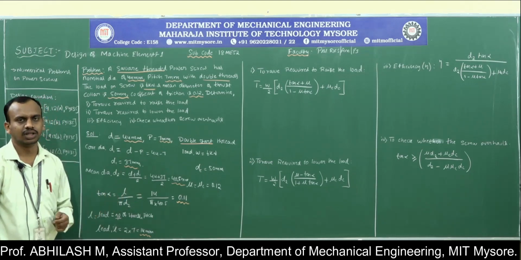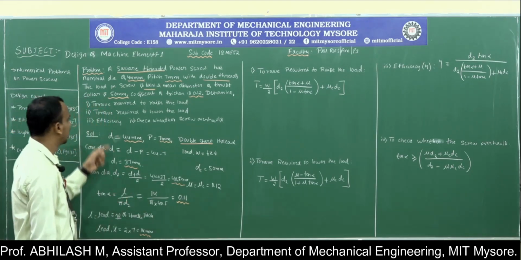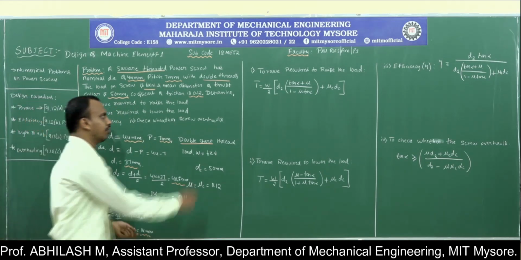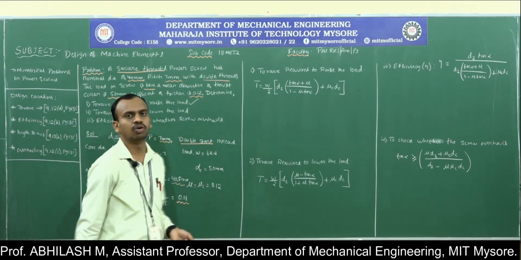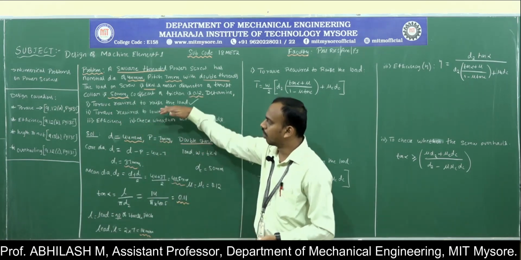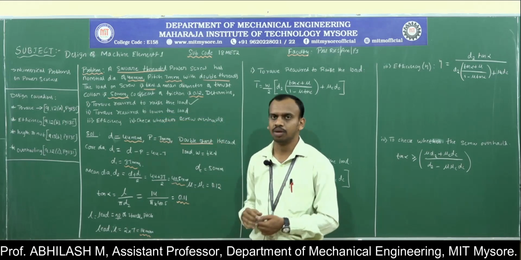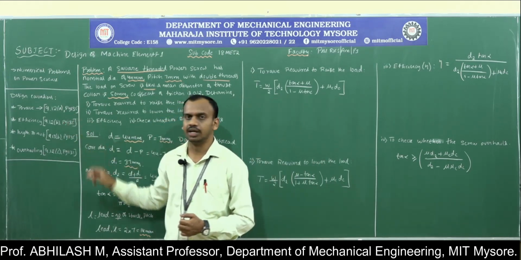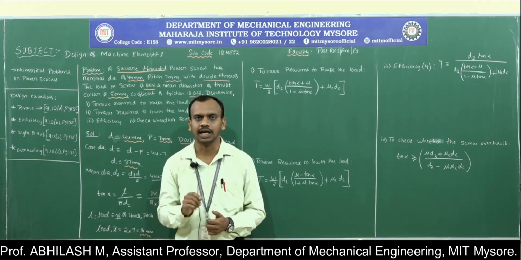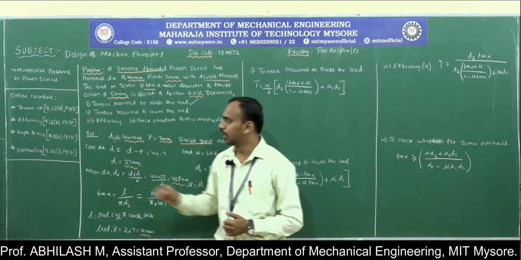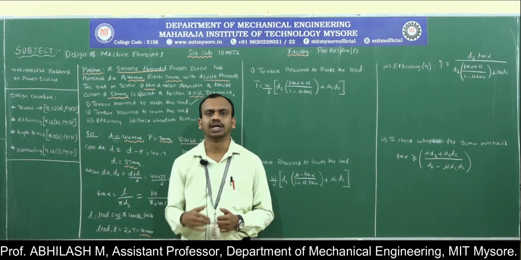Now let us begin with the problem. What is the first thing they have asked? The torque required in order to raise the load. We are supposed to determine how much torque is essential in order to raise the load. Whatever parameter they ask in the problem, just go to page number 135 for the power screws under square thread conditions. There in that particular page we are going to obtain the different equations.